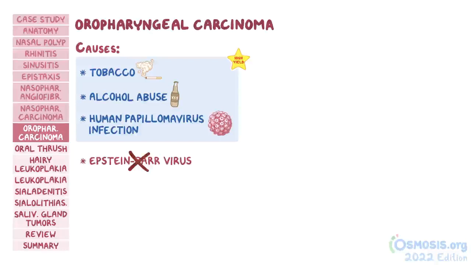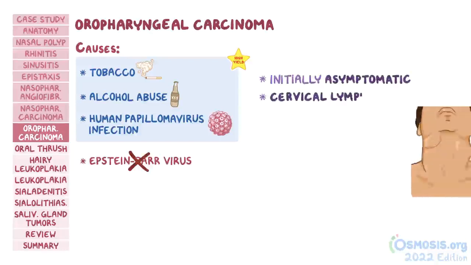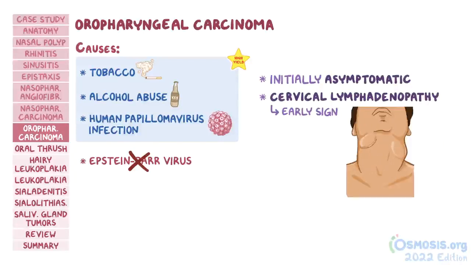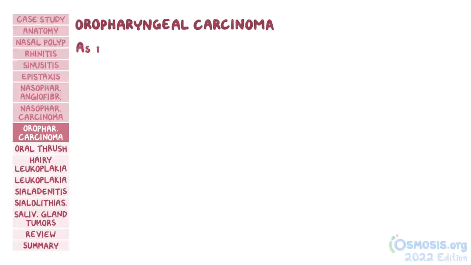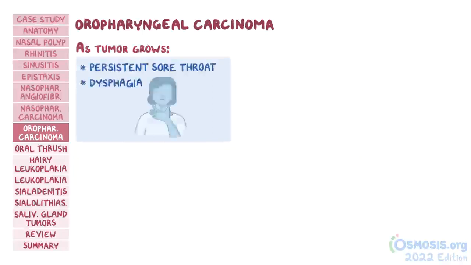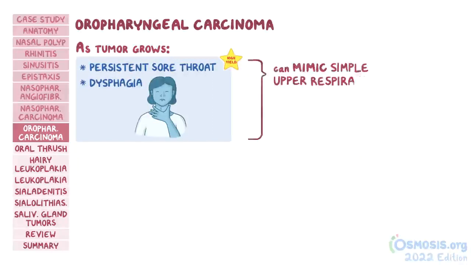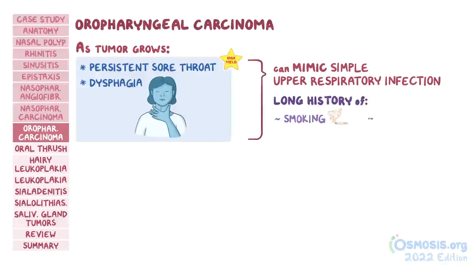As with nasopharyngeal carcinoma, the individual is initially asymptomatic with cervical lymphadenopathy as an early sign. As the tumor grows, it can cause persistent sore throat and dysphagia. These symptoms are easily overlooked as they are unspecific. Because it can mimic a simple upper respiratory infection, on your exam, make sure you think of oropharyngeal carcinoma if you see any of the risk factors like a long history of smoking, drinking, or HPV infection mentioned along with